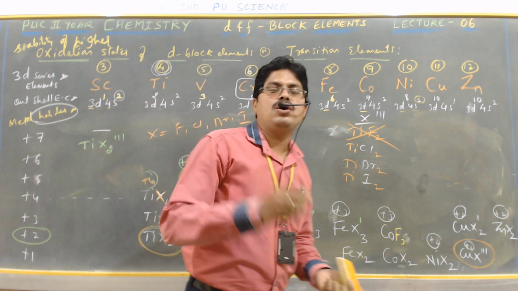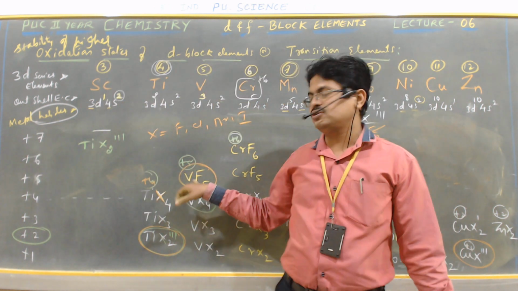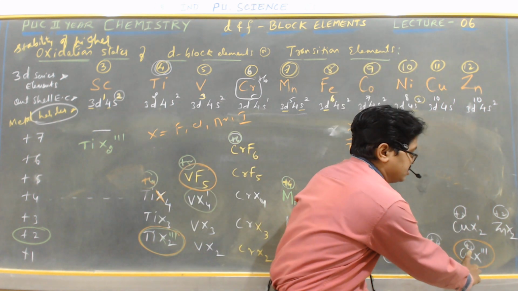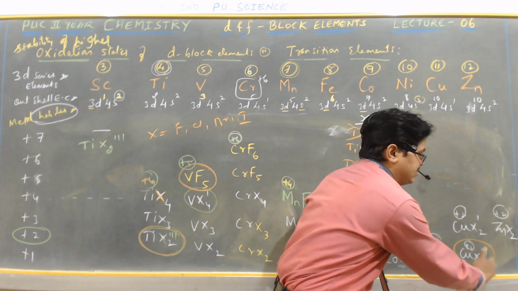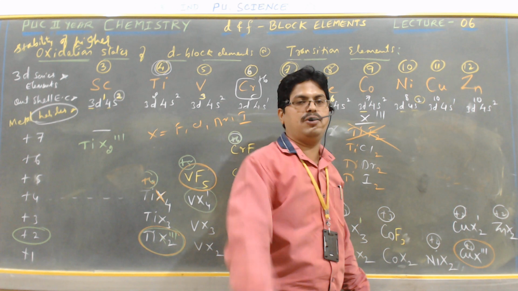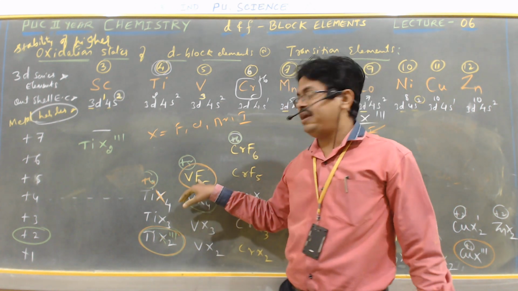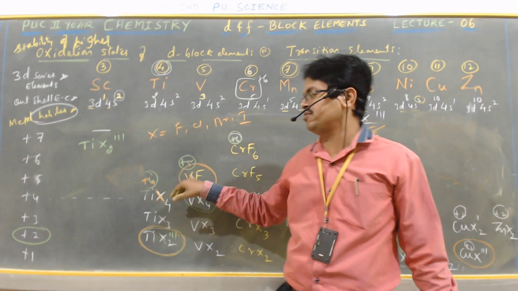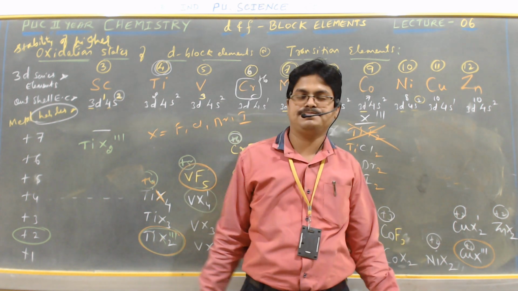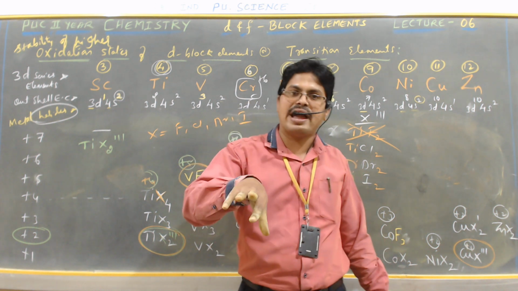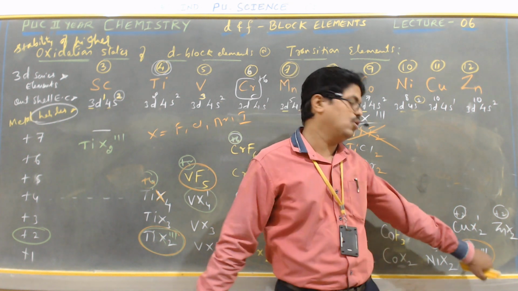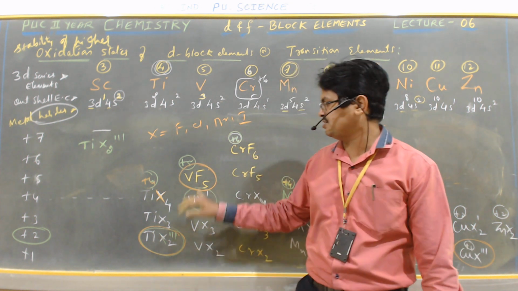What is the reason? Why does fluorine show stability only with respect to the higher oxidation state, and not with the lower oxidation state? In the lower oxidation state, CuX triple dash indicates no fluorine, only chlorine, bromine, and iodine. So that is the question. Fluorine in the form of fluoride is stable with respect to the higher oxidation state, but less stable with respect to the lower oxidation state. What is the reason?